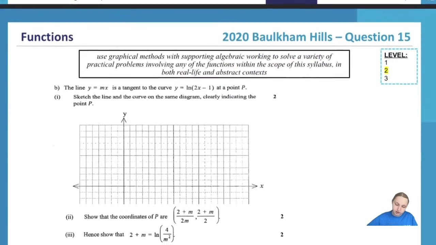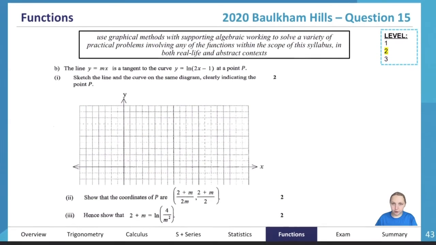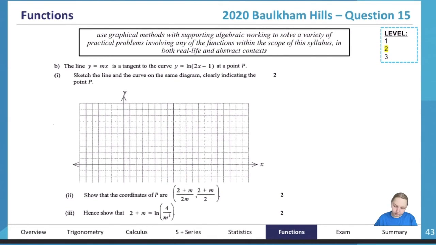So looking at this question, we've got the line y equals mx is a tangent to the curve y equals ln 2x minus 1 at a point P. Sketch the line and the curve on the same diagram, clearly indicating the point P. For 2 marks, so you'd get a mark for sketching the line, a mark for sketching the curve. Then for part II, show that the coordinates of P are